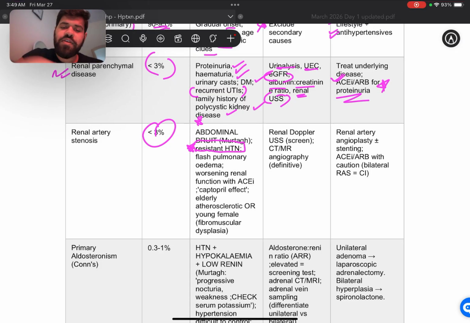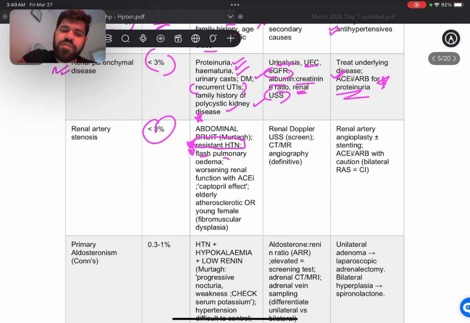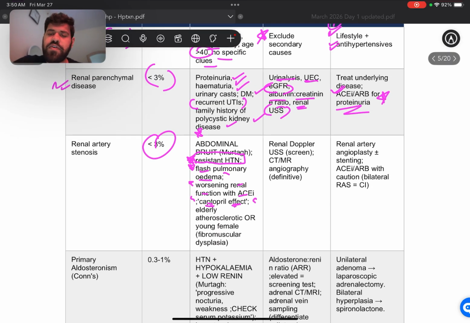All right. Then we have flash pulmonary edema. Suddenly there's going to be pulmonary edema, worsening of renal function with ACE inhibitors, which is known as the captopril effect. All right. And elderly, atherosclerotic, or young female. That's where we'll see these, the presentation of secondary hypertension in elderly with atherosclerosis or with young female, and this is seen because of fibromuscular dysplasia. Then again, if it's kidney, we have to do these